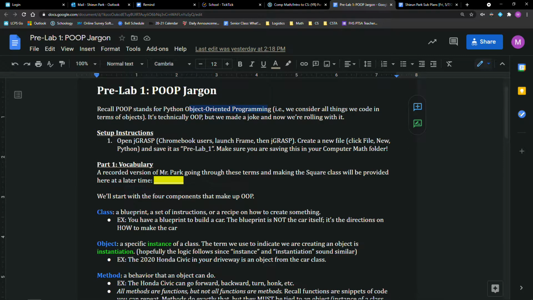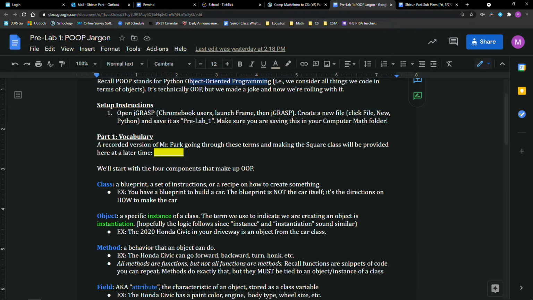So the vocab part, I'm gonna go through real quick. I already have examples here, so you can read it, but me providing some context helps as well. But what I'm also going to do is combine this with what we've been doing with CMU. So creating a rectangle, creating a circle. We've been doing a whole bunch of this stuff. You just haven't realized it, okay?